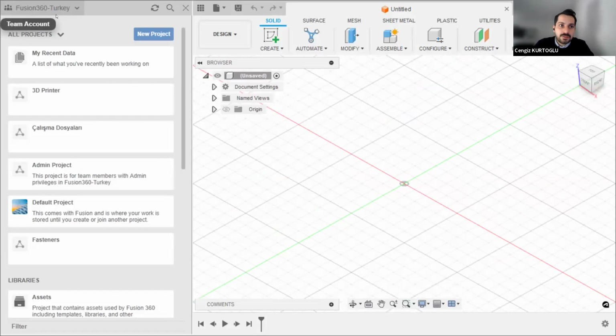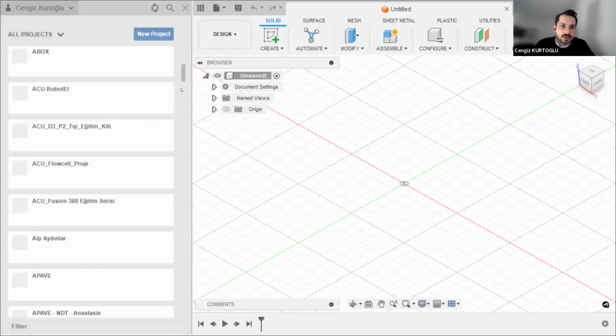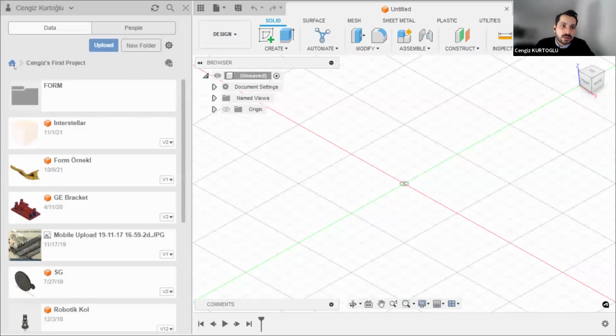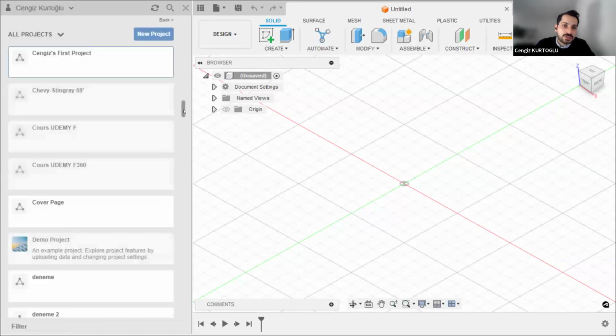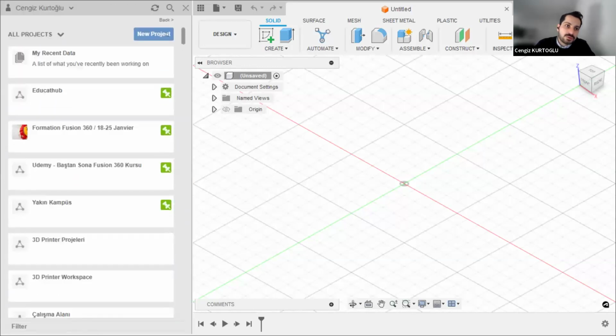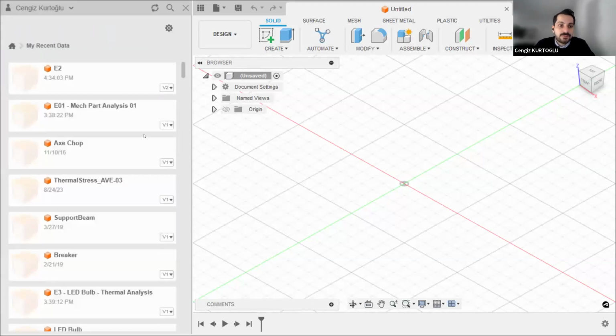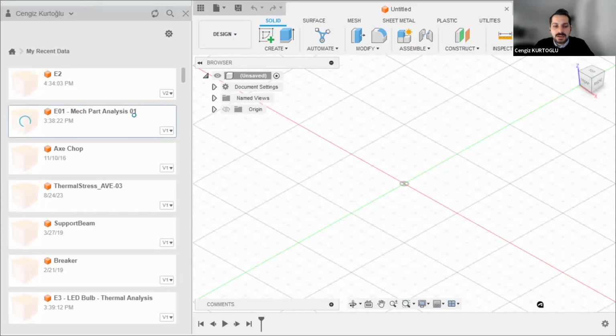If you are using different types of teams, you can switch between the team accounts directly. For example, as a single user, I'm using my projects as a single user, and I also already participate in different types of projects, different teams, and we created